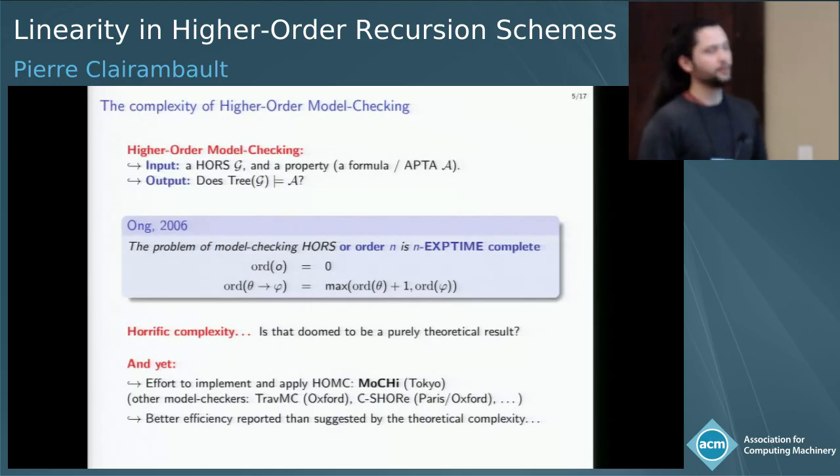So this is a really, really bad complexity, right? Because it means we have a tower of exponentials whose height is the order of the scheme. And so it's natural to ask, is this doomed to be a purely theoretical result that doesn't have any practical applications? So in fact, there has been quite a lot of effort trying to implement this and to use it